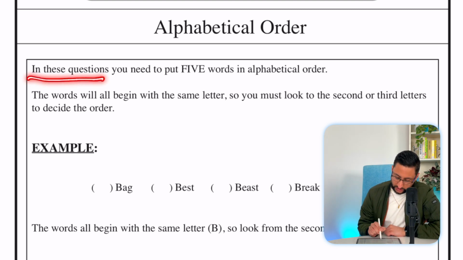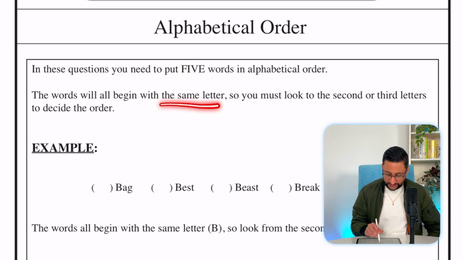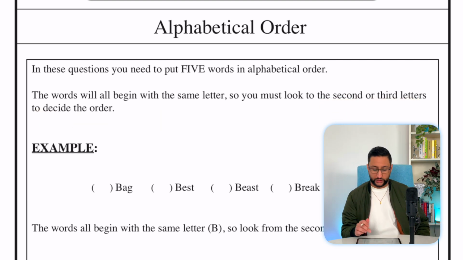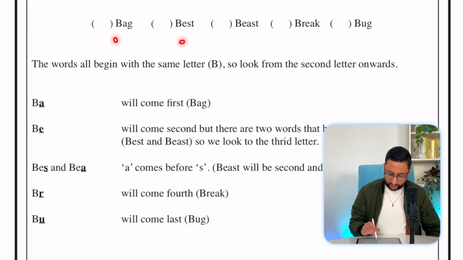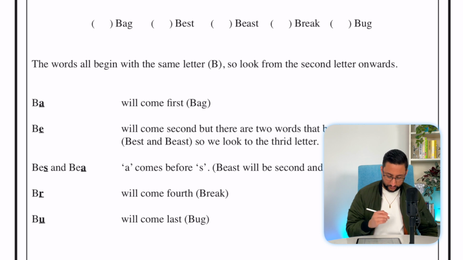In these questions, you need to put 5 words in alphabetical order. The words will all begin with the same letter, so you must look to the second or third letters to decide the order. In our first example, we have the words bag, best, beast, break, and bug. The words all begin with the letter B, so we're going to start by looking at letter 2 in each of these words. In bag,